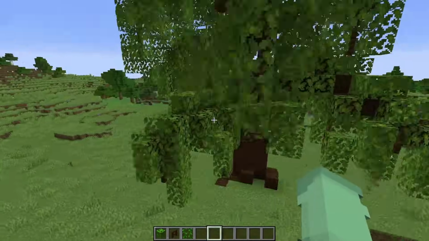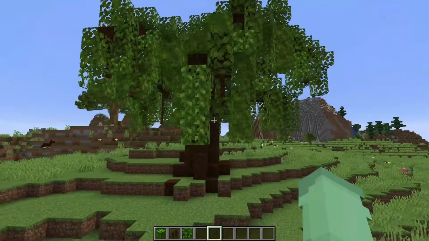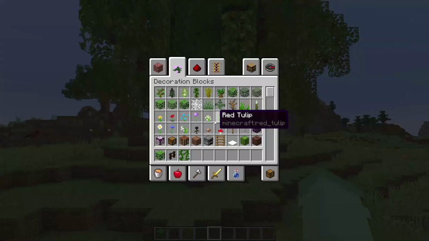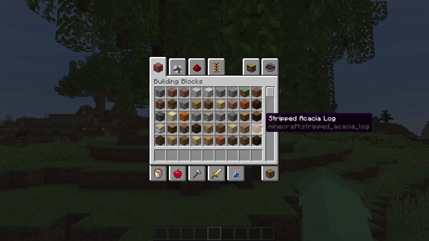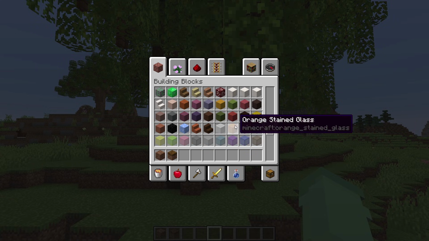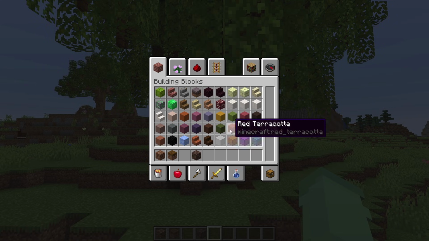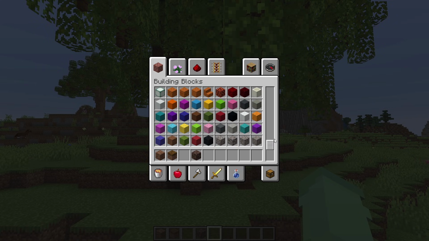That's going to take a little while, so while that is happening, I think we will go ahead and make this tree look a little bit more aged and a little bit more special by helping out the area around it. I'm going to be grabbing my coarse dirt and podzol, and then some other blocks that can kind of go in the trunk. The first one I want to grab for sure is the soul sand, and once I have that, I think I'm also going to throw in maybe some planks.